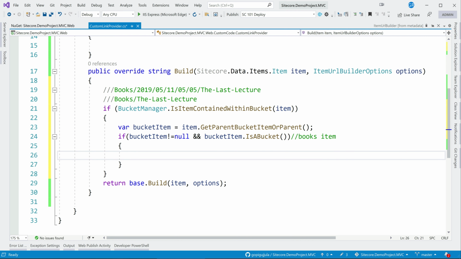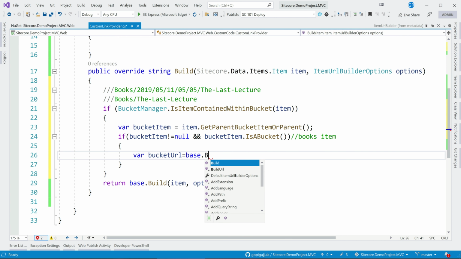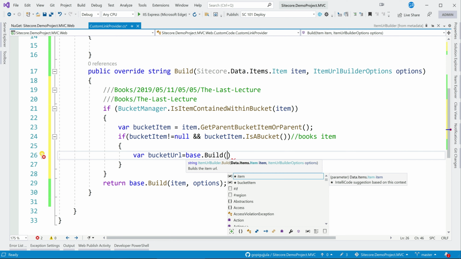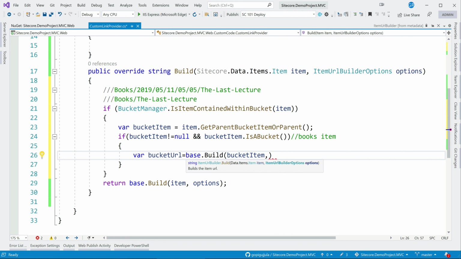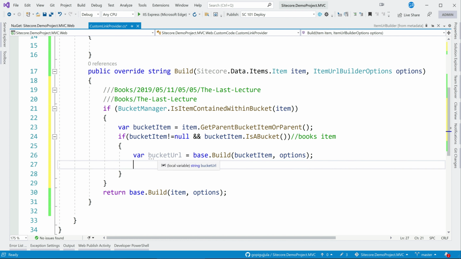So now we can just use the normal base URL, but pass this. So where bucket URL equal to base.build, and instead of passing item we will pass bucket item, comma options. Now this will fetch us the URL till here, so books, but we need to add the last part also, which is the last item name.